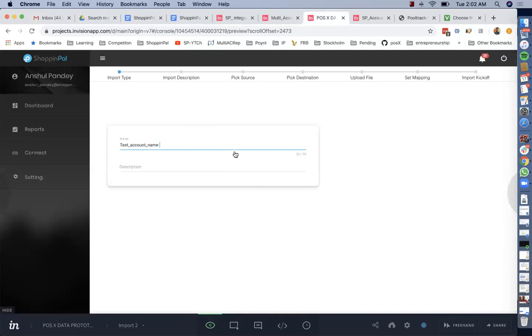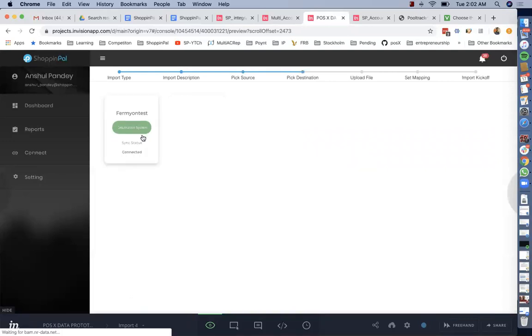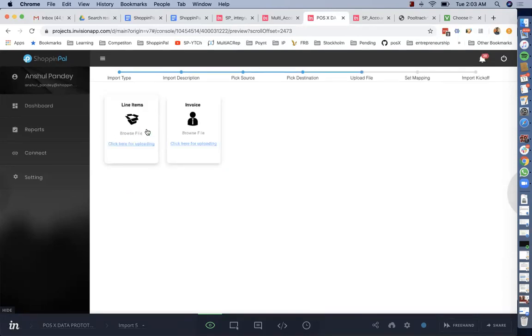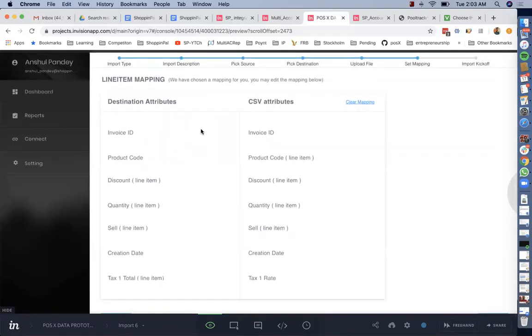So what you see here is I've started the import workflow. I'm just giving it some basic metadata, name, description, etc. And then I need to pick the source system. Once I've picked a source, which could be any legacy point of sale, and we happen to know the header format of that source system, then I go ahead and pick a destination system. And from that, I'm able to now say, I need to put in the invoice parent file or the line items file, right? So if I say I want to bring in the invoice headers,